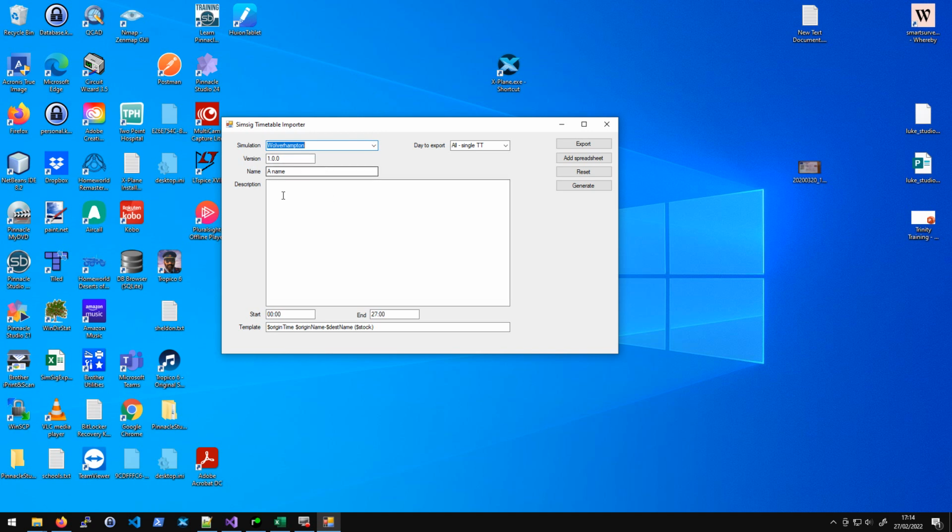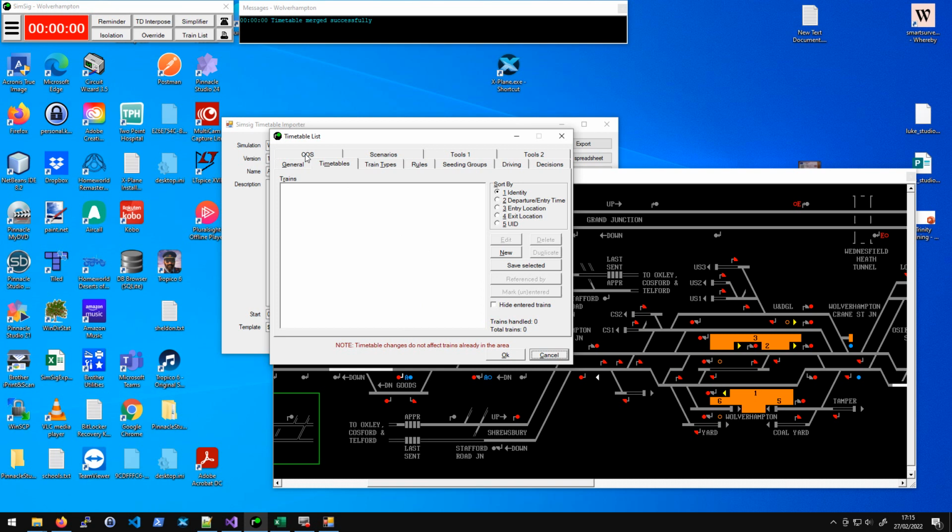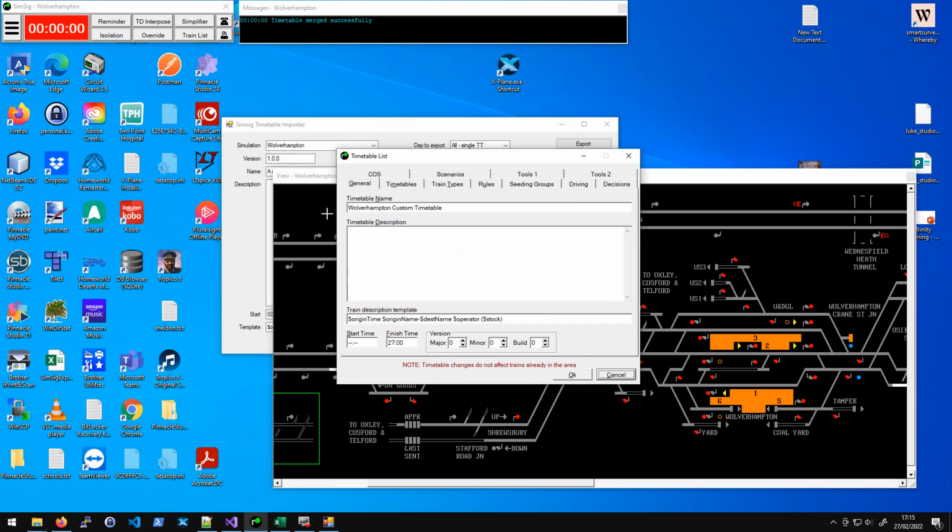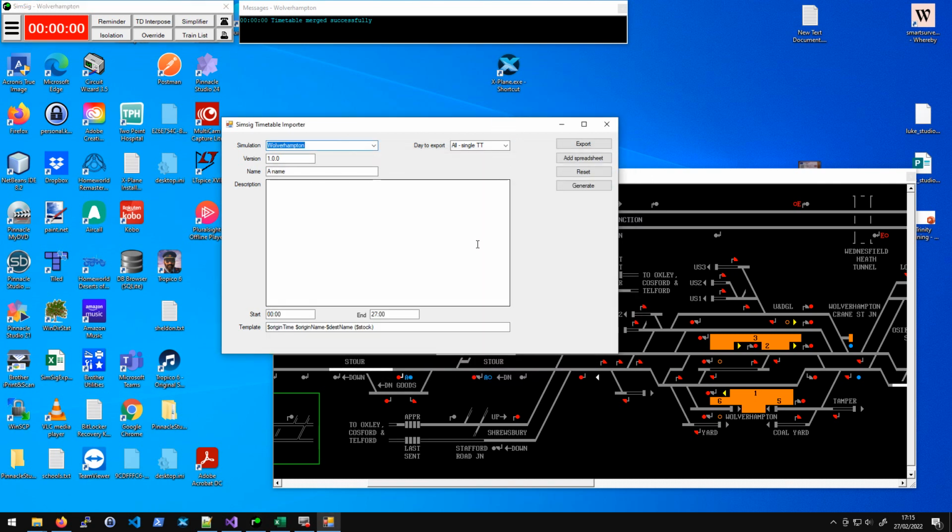These pieces of information here are just the information that you get off the front of the timetable window. So you can see the name, description, start and end times, and the version numbers. That's purely up to you how you handle those. That version number is actually the version number of the timetable,